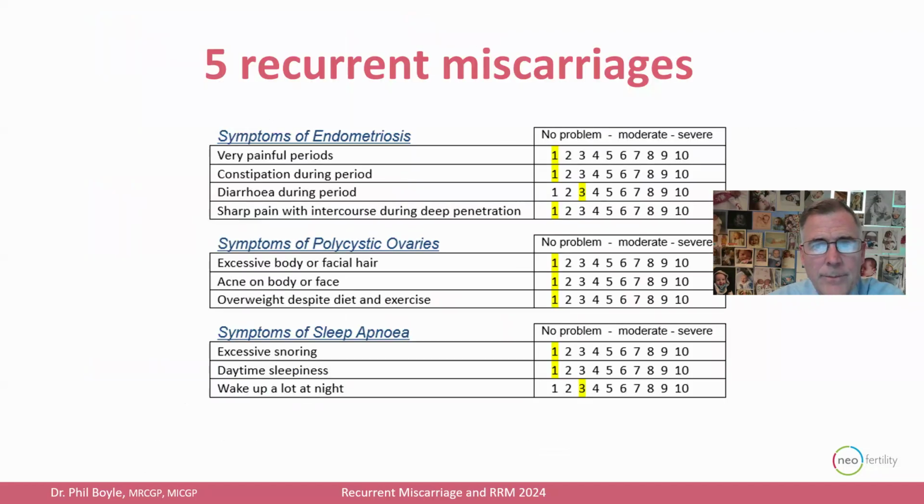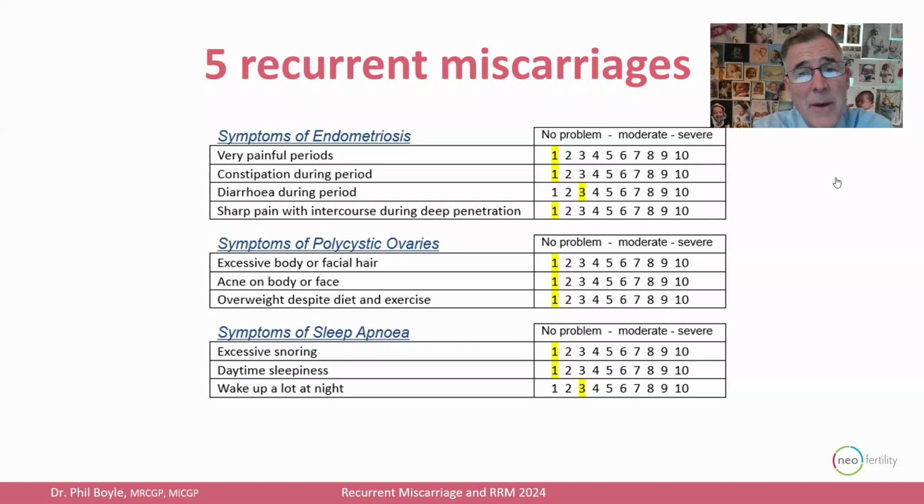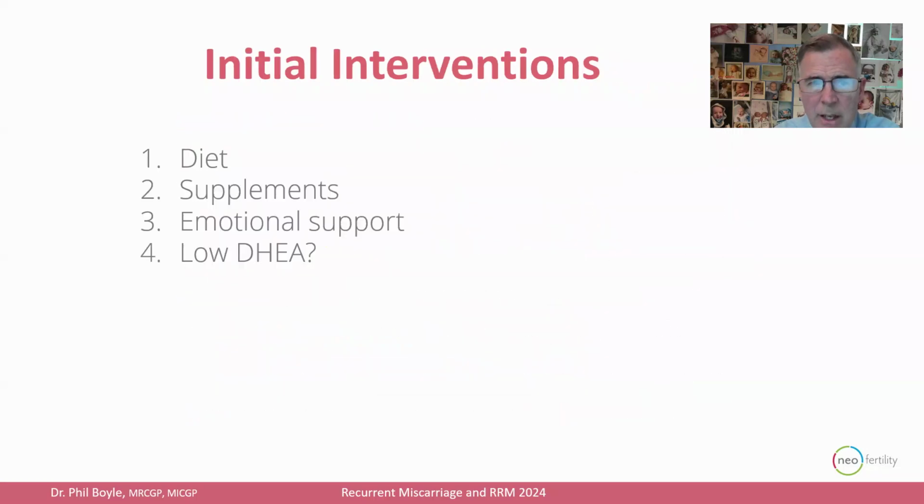So next slide. These are the symptoms to suggest she may have endometriosis. And the caution I would say is if she's had that many losses, the work in Omaha, Nebraska from the Pope Paul VI Institute would tell you there's a 70 to 75% chance she's going to have endometriosis. They didn't tie in their data with symptoms of endometriosis. And I'd say, well, it's probably more 50-50 because you've no symptoms, and I hate to put you through unnecessary surgery. Interestingly, she's no symptoms to suggest polycystic ovaries. She's no body or facial hair, no acne, and her body weight is good. So there's nothing there really clinically concerning. And